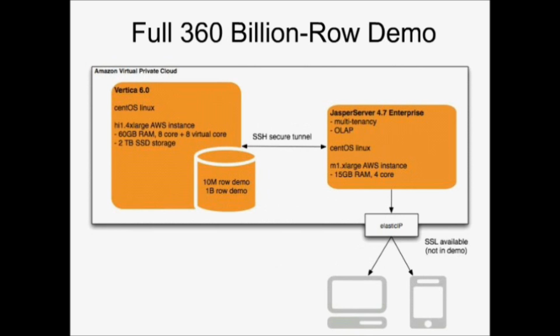And we've divided the data set into a 10 million row demo, which is appropriate for one part of the demo, the dashboards, that is, and then a billion row demo for the ad hoc query analysis. Now, we've also set this up as a typical implementation for one of our clients, where it's all within